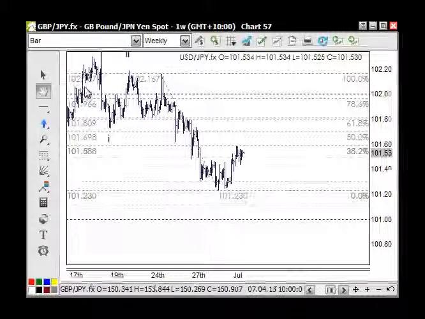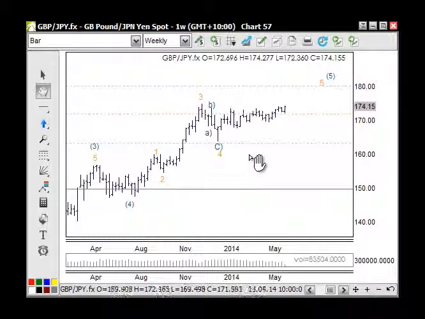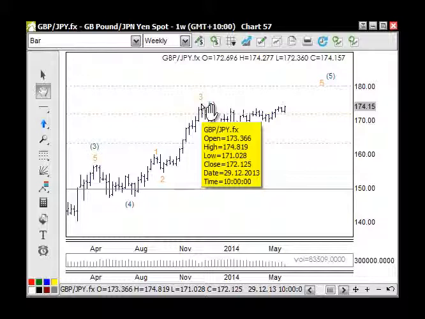Okay, so the pound yen, just on the weekly here. Look, I'm not sure if all of this count here is right, but if it is, then we'll be looking up to the 180 and possibly higher as well. So we've got long positions in here now. If you want to get to the 180, that's fine. Obviously, you need to keep the stops sort of way out of the way, and we can talk about that as it goes on. However, this top here at the 174.80 area is kind of something that we can look to